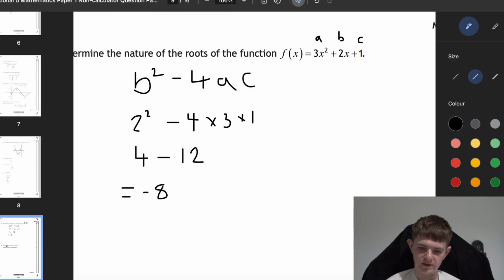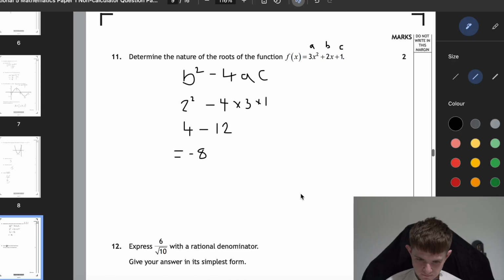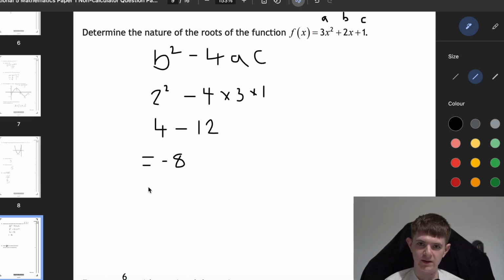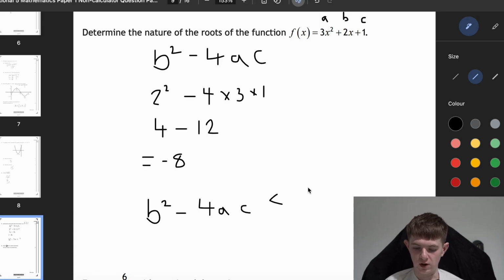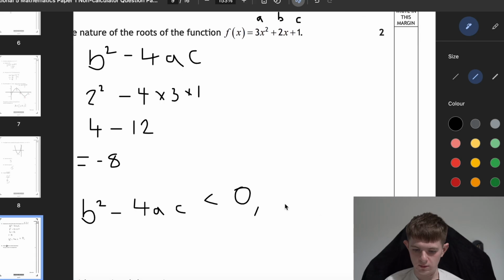We need to write our sentence. So the sentence: if the number that you get out is less than 0, that means there's no real roots. If the number that you get out is equal to 0, that means there's one real and distinct root. And if the number you get out is greater than 0, then there's 2 real and distinct roots. So with this, we've got no real roots because b squared take away 4ac is less than 0. Therefore, no real